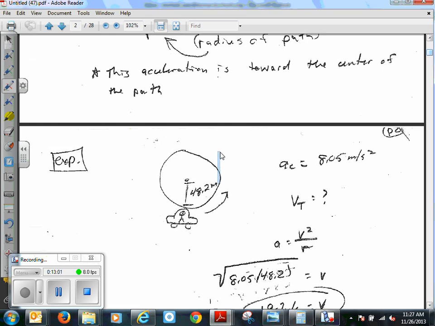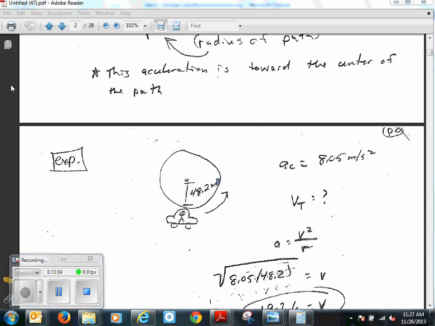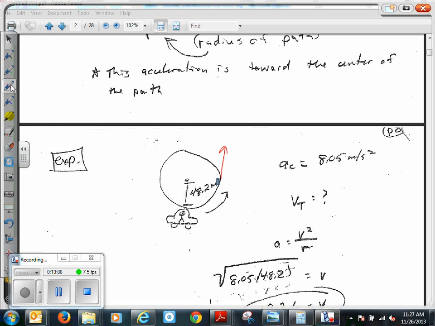If we're constantly changing our velocity, then we know that we have an acceleration. So here's a new formula for you. Because we know the velocity here is different than here, is different than here. If you look at this, which direction would the acceleration be? Well, it looks like there's a pattern here, right? What does it always turn the velocity towards? Towards the center. So the actual direction of the acceleration, which you have to know for sure, is towards the center.